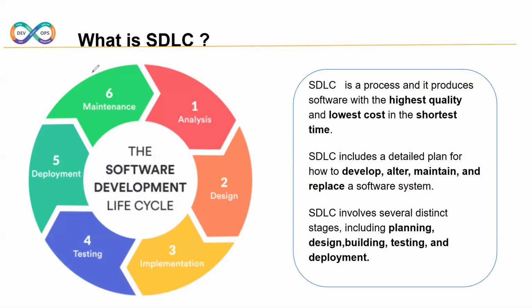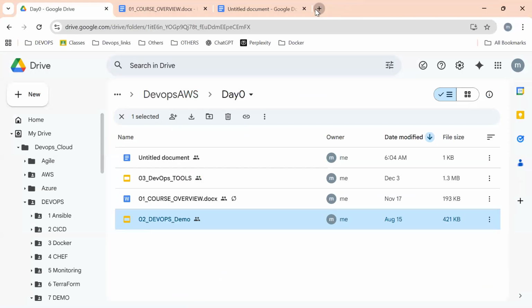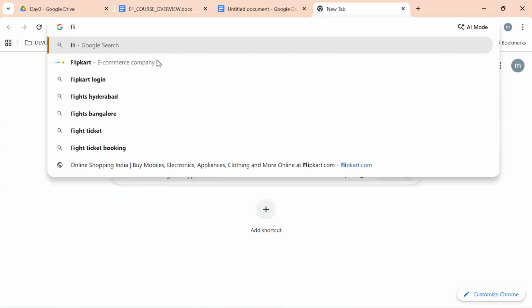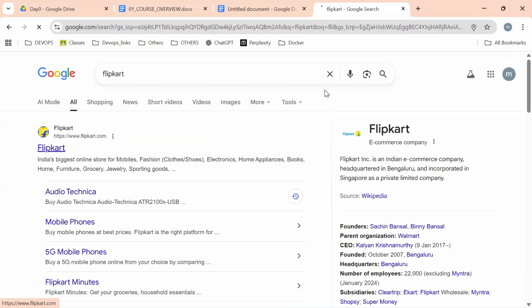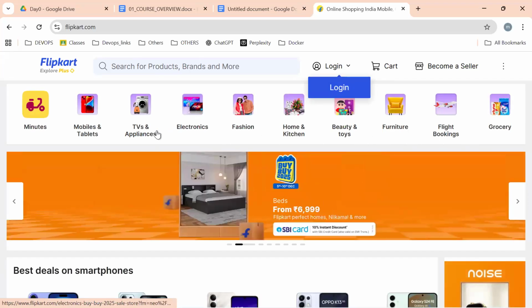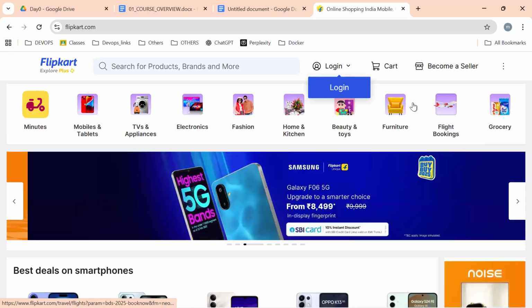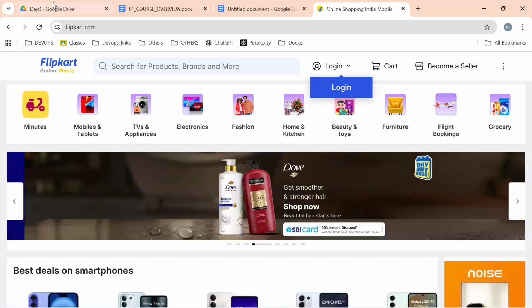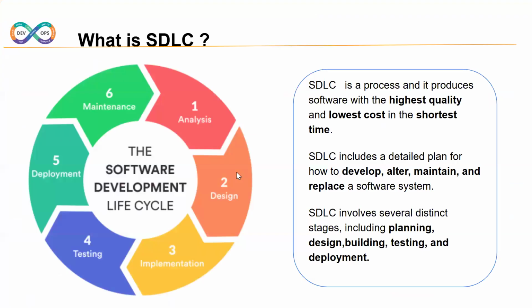So what exactly is the first step? The first step is analysis. What does that mean? Gathering information from the client. How exactly are the requirements, like for example Flipkart or Redbus or whatever maybe? How exactly the login page, registration page, payment gateway, what are the customer requirements? What is the business model? Each and everything we are going to gather from the client, and based on the information gathered, it will be analysis. So after successful analysis, it will be design.